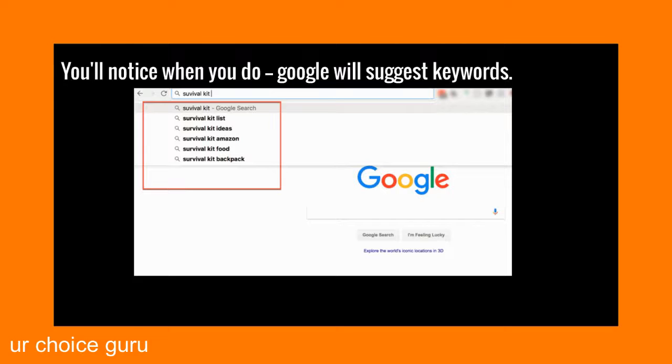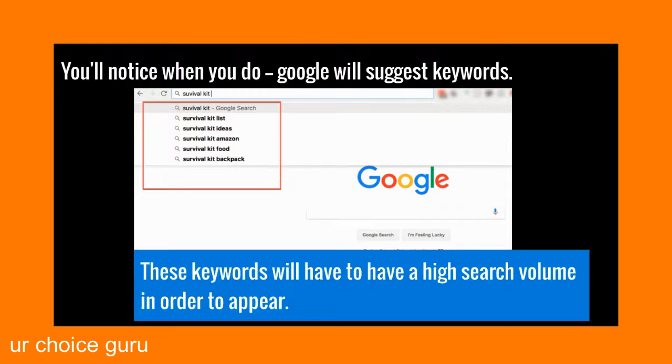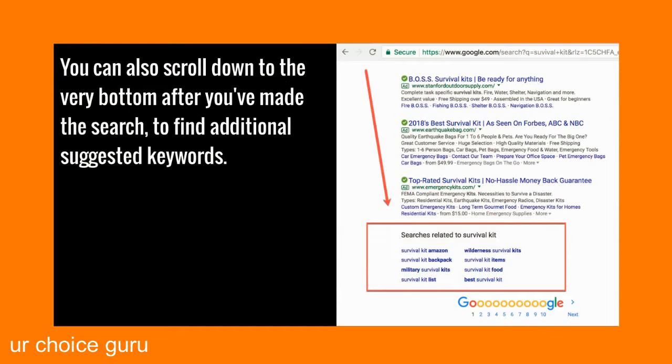So when I typed in the keyword survival kit, out dropped a dropdown saying, well, these are other Google suggested keywords like survival kit list, ideas, Amazon, food, and backpack. Now, there's another way of doing this. If you type in the keyword and you press enter, then what's going to happen, and you scroll all the